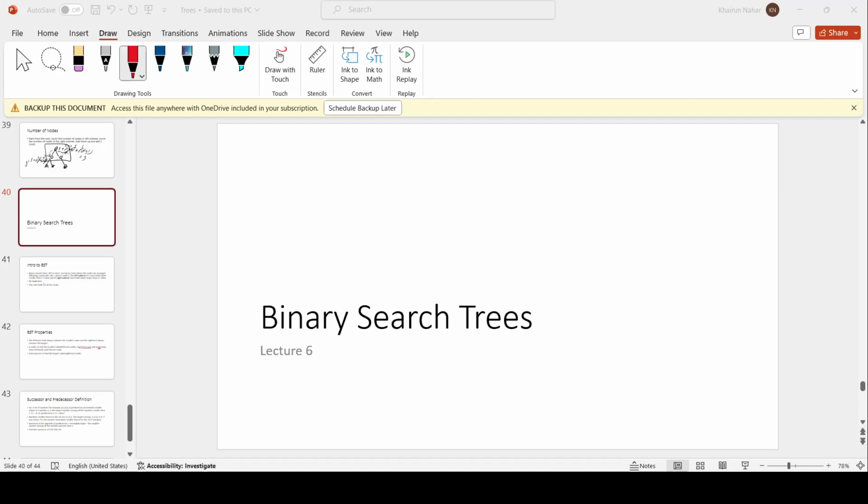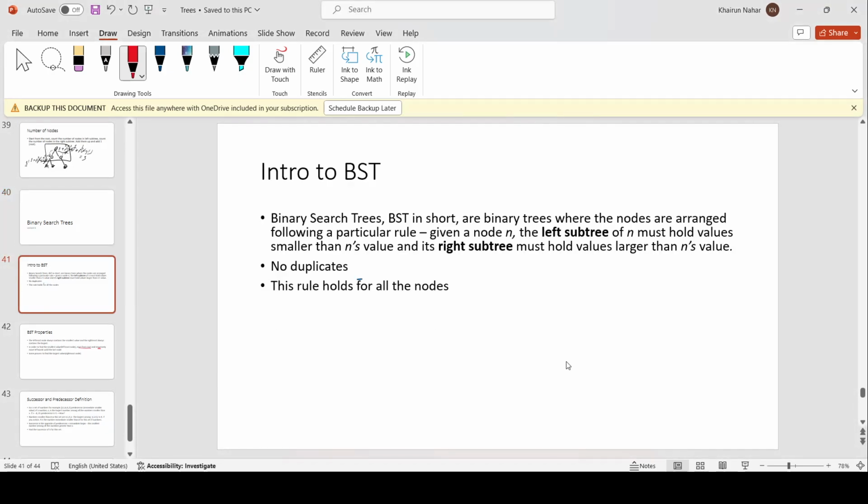আজকে আমরা ট্রি সিরিজের লেকচার 6 শুরু করতে যাচ্ছি এবং আজকের টপিক হচ্ছে বাইনারি সার্চ ট্রিজ। বাইনারি সার্চ ট্রিজকে আমরা সংক্ষেপে বিএসটি বলে থাকি এবং বিএসটি হচ্ছে একটা স্পেশাল টাইপ অফ বাইনারি ট্রি যেটা একটা পার্টিকুলার রুল ফলো করে আমরা তৈরি করে থাকি এবং রুলটা হচ্ছে given a node n, the left subtree of n must hold values smaller than n and its right subtree must hold values larger than n. যেটা বলতে বোঝাচ্ছে সেটা হচ্ছে